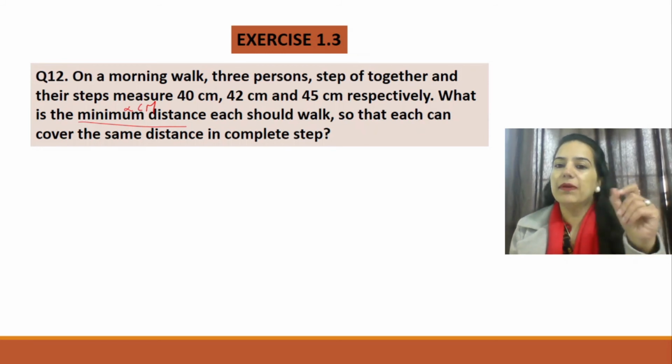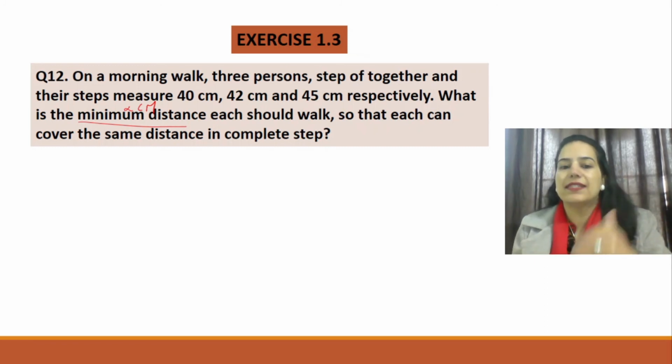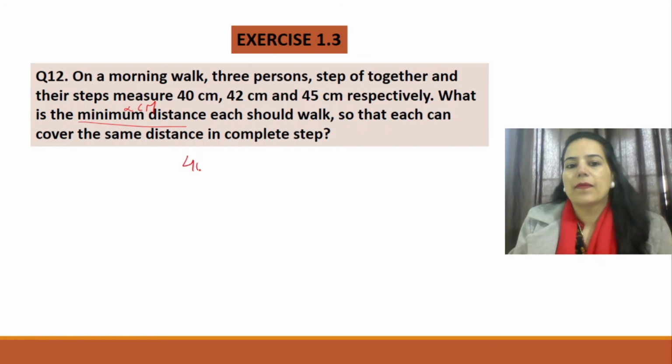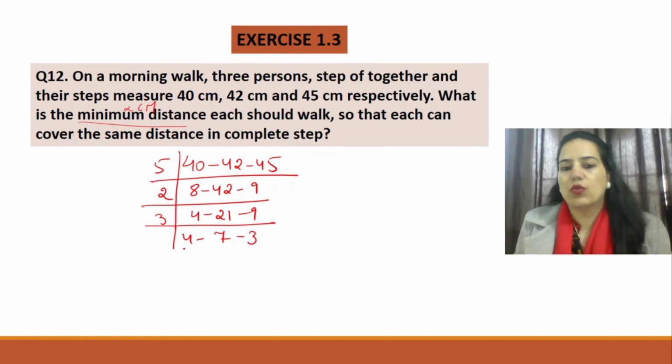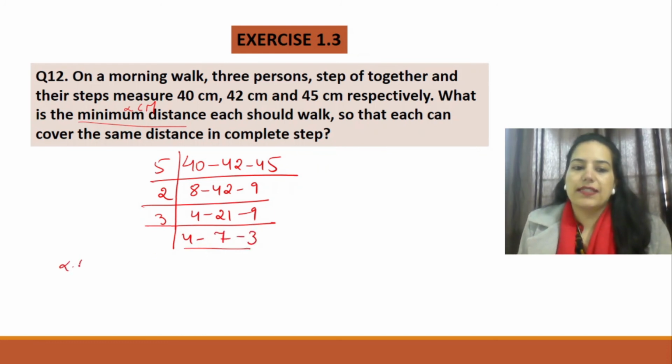And what is the minimum? The word minimum tells you the least common multiple, that is LCM. So let's find the LCM of 40, 42 and 45. I'm dividing by 5 first. It is 8, 42 and 9, and then I'm dividing by 2, which gives 4, 21 and 9, then by 3, which gives 4, 7 and 3. So I've got co-primes here. So your LCM will be